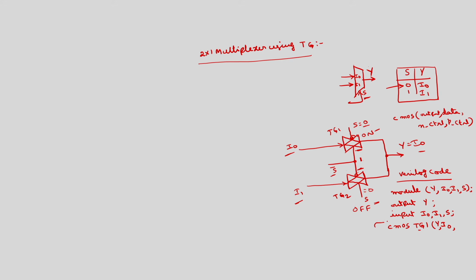Here I will write that one. Between S and S bar there is a NOT gate that I have not mentioned, but here I will write that one, we can call as some gate G. Output of the NOT gate is S bar, input is S. So, we have S also, this is S, is N control, and P control is S bar. Instead of S bar we will give some name. Otherwise, I will show that between S and S bar we have a NOT gate.